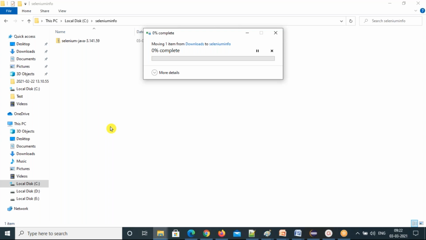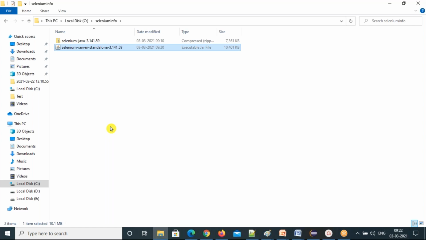This is how to move a file from one location to another location. You're not keeping it in two places. Keep the file in one place. If you want, you can copy the file also, but it will be there in two places. See, it copied and pasted here. So that is cut. Cut means you are moving it completely, removing it from that location and placing it here. That's cut and paste. Copy and paste also you can do.